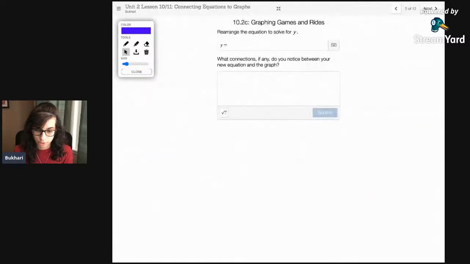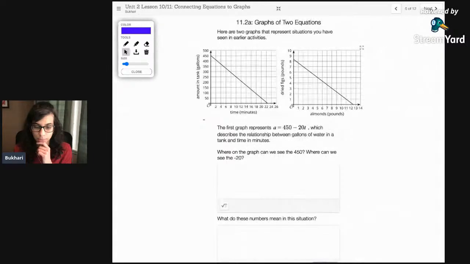And so when it comes to taking a look at your original equation, try to rewrite the equation solving for y and see what you notice between the new equation and the graph. What are some patterns you notice? Where do you see slope? Where do you see that y-intercept come from? And so that's going to be more and more important. And then when you get to